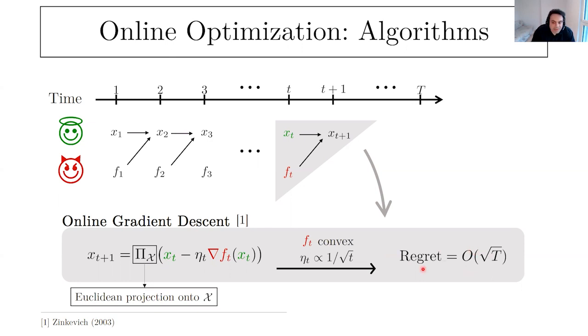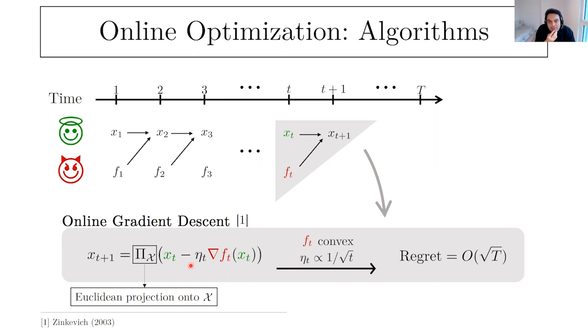So you remember that the regret was the summation of all the costs that you collect minus the best in hindsight. And if it is sublinear, in particular square root of t, you can conclude that the average regret is going to go to 0, which means that the more data that you have, the better decisions that you make in terms of regret. And of course, there is a particular guideline on how to choose the step size.